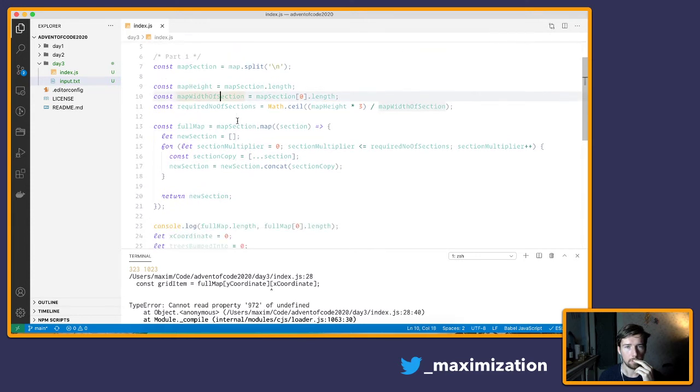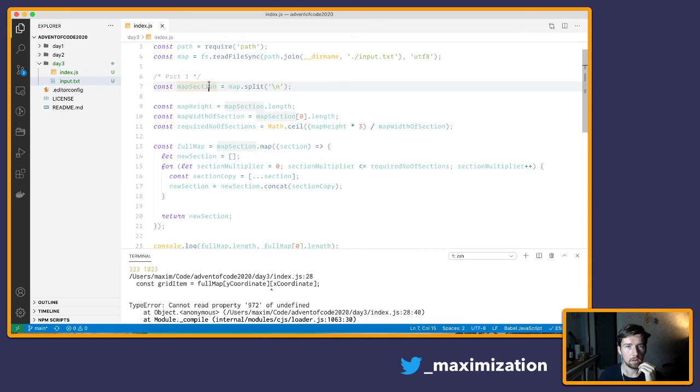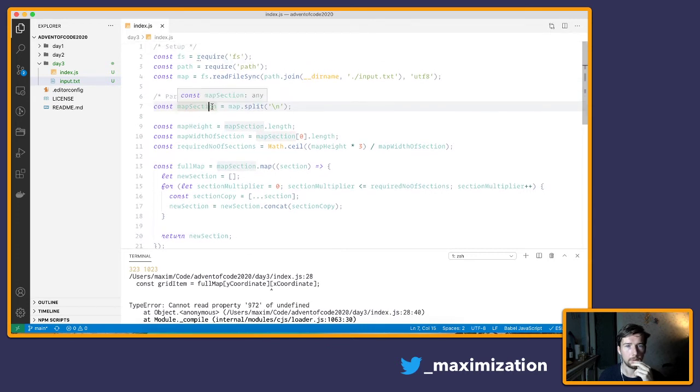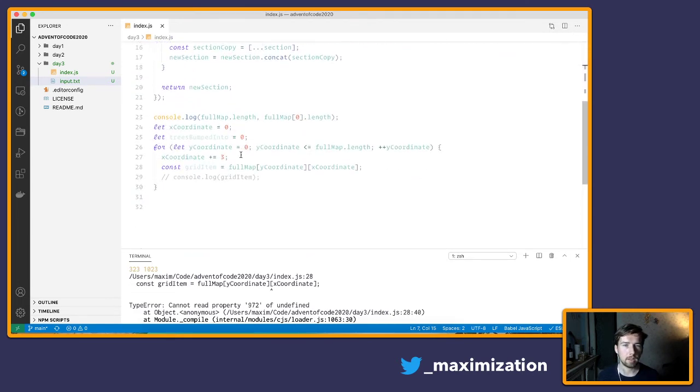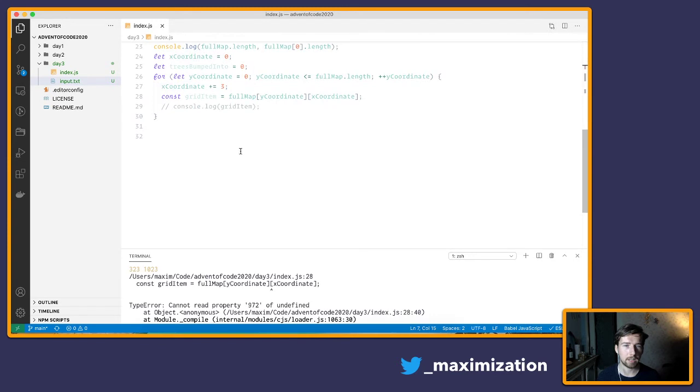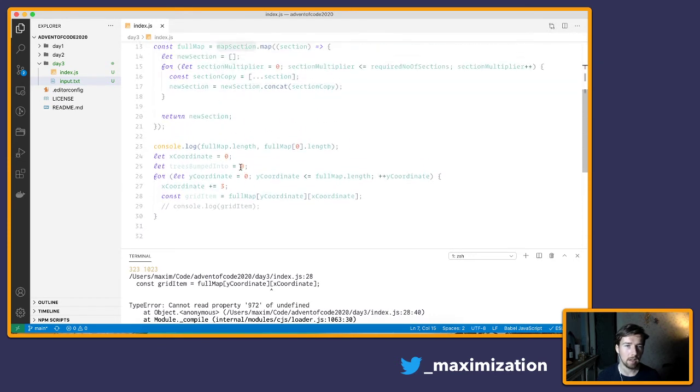Okay, so what we do in here is, wait, this doesn't sound right though. No, this should be map. Yeah, okay. I'm going to rename a few variables because for me it's a bit confusing now what the map section is, what the full map is, and